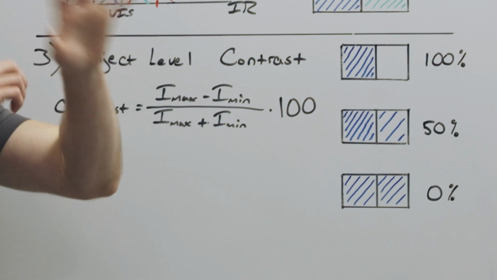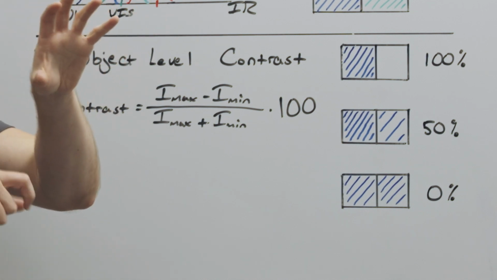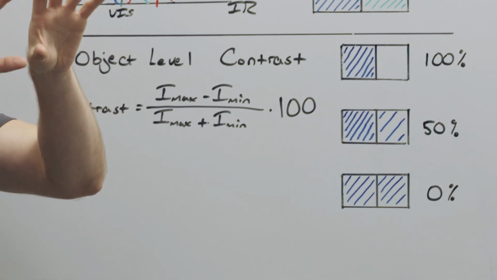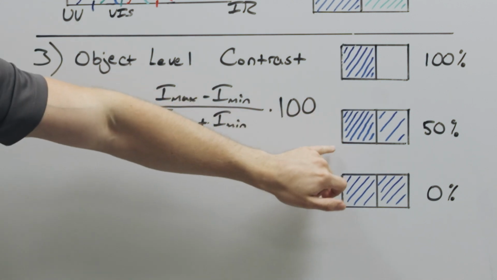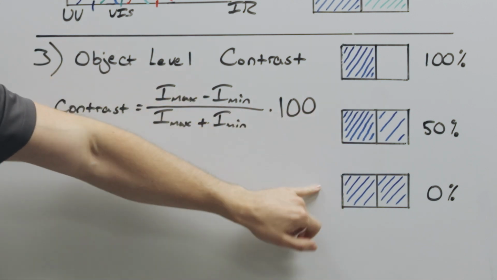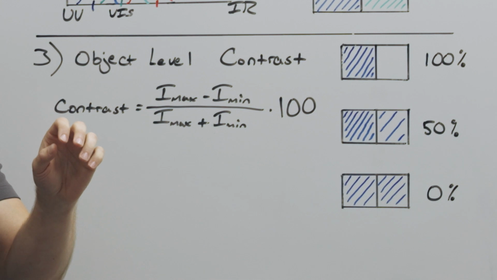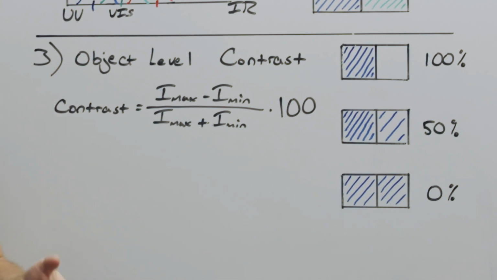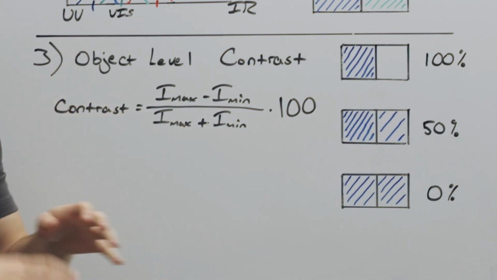50% contrast means you have some of your information on one of your pixels and a little bit of information is bleeding over onto the adjacent pixel, and that's why we're seeing 50% contrast there. 0% contrast would be as if the pixels have the same value next to one another, and so you're not going to be able to tell any sort of difference